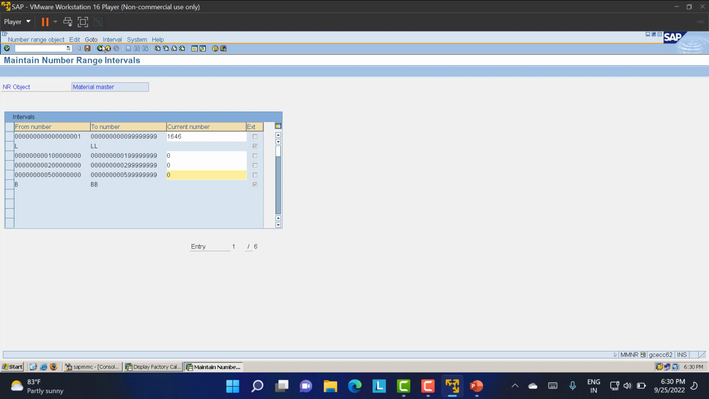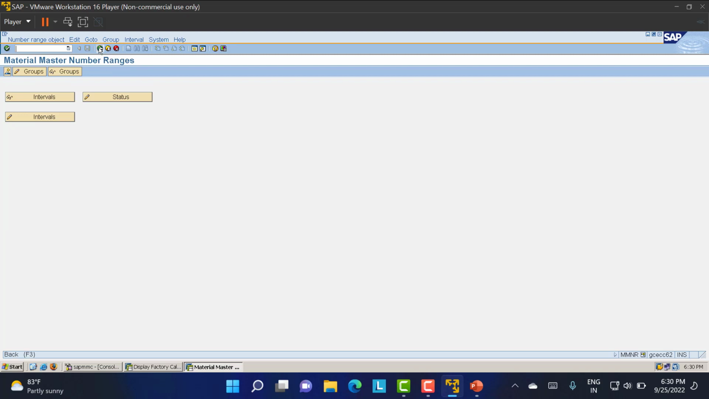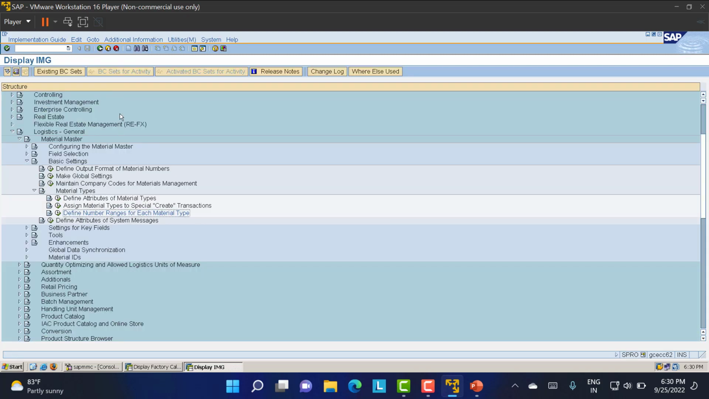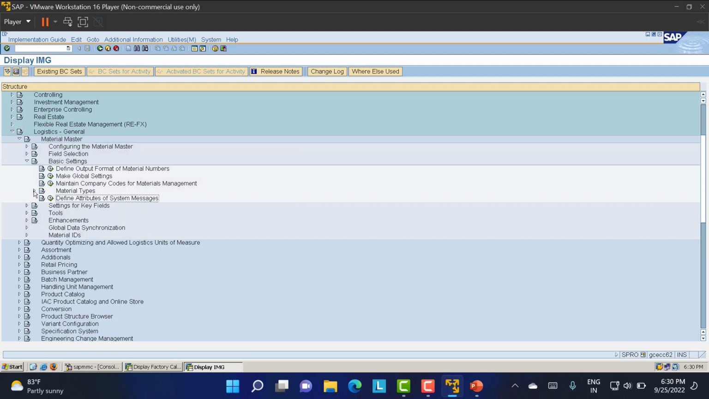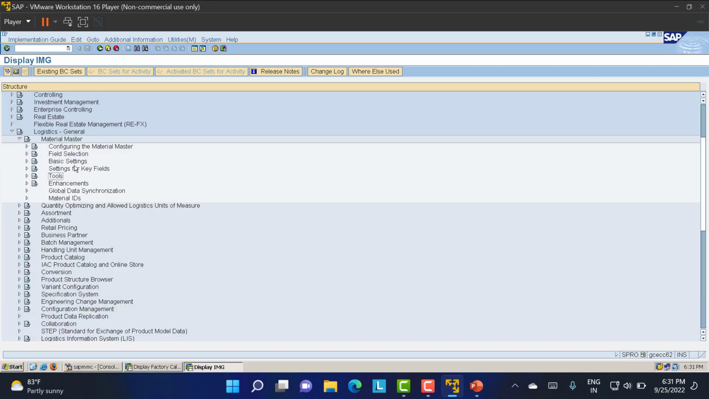Fine. So we'll be using this number range for our purposes. Now whatever the material types we have defined, it is done. Now we need to define the material group. The way to see this material group is the same thing: SPRO, IMG, Logistics General. Under that we are going to see the material types, and here we need to go for the settings for